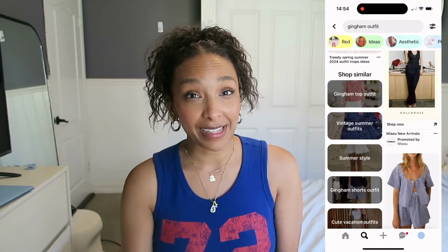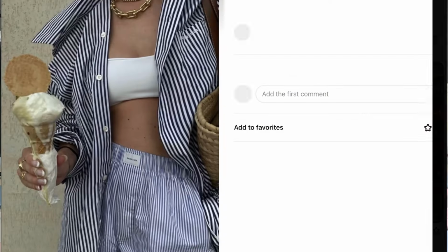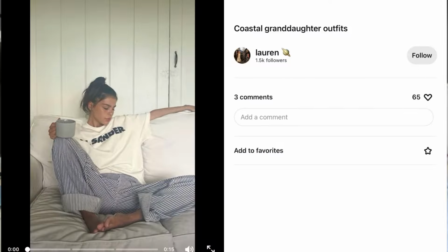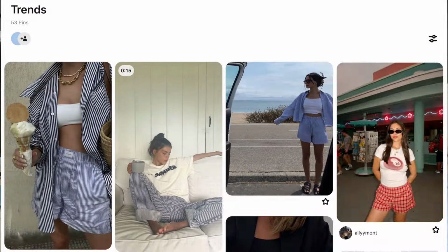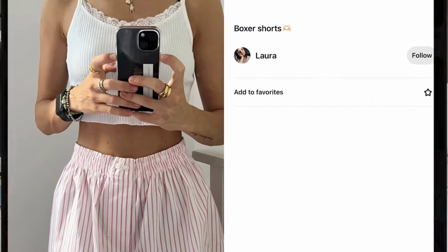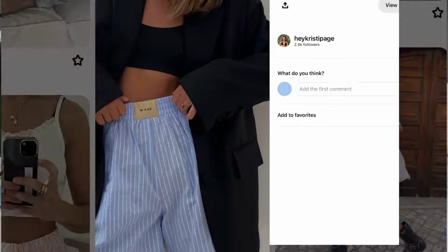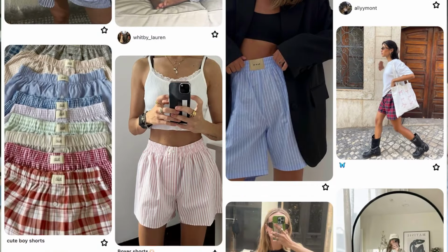I think it's definitely something that is trendy, meaning we're not gonna see a lot of companies pushing out gingham for the next 5 years. Are they still going to be doing that? Probably not, but it's kind of like an of-the-moment trend, if that makes sense. But if you think that the whole gingham thing is too trendy, whether it's for tops or bottoms, here's a way that you can participate in the gingham trend without it being so trendy, and it's also something that I think is a really good staple to have in your wardrobe,